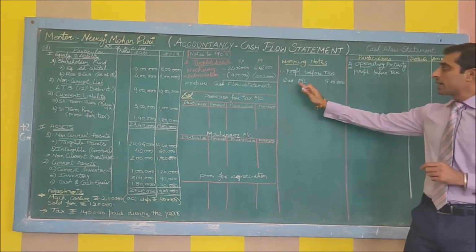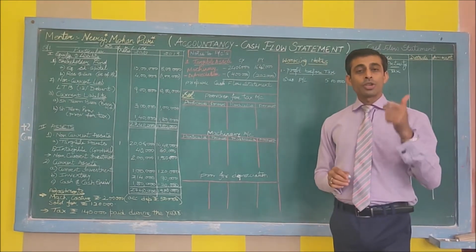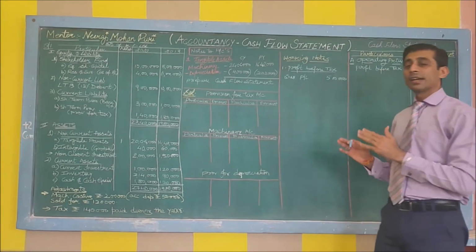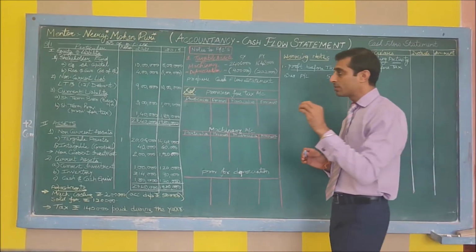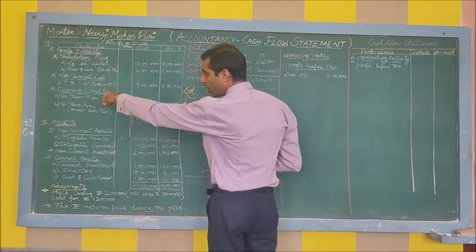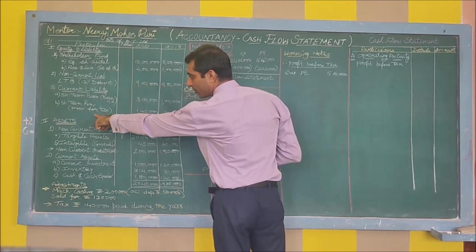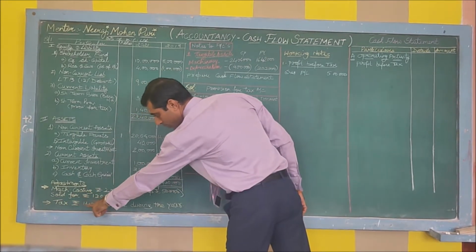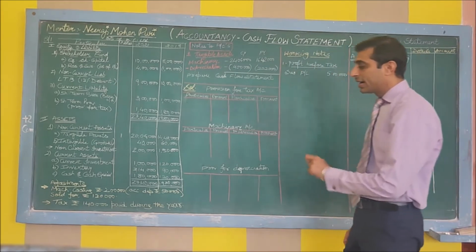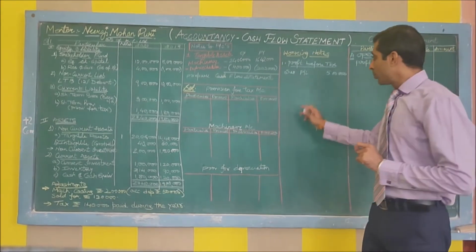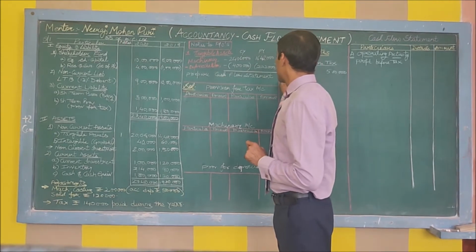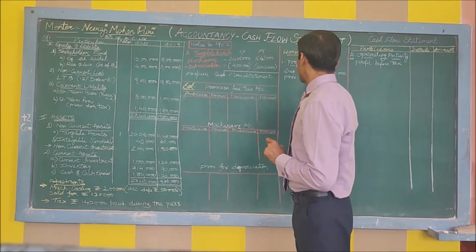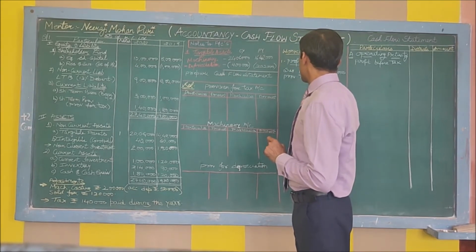The next items which have to be considered here are general reserves, provision for tax which is made during the year, any tax refund given or any kind of proposed dividend. So search for these items in our question. Moving on, there is provision for tax given in this question itself, as well as in adjustments there is tax rupees 1,40,000 paid during the year, but we need to add here the value of provision for tax which is made. Provision for tax made, this is for your remembrance. The tax which is made is shown here.